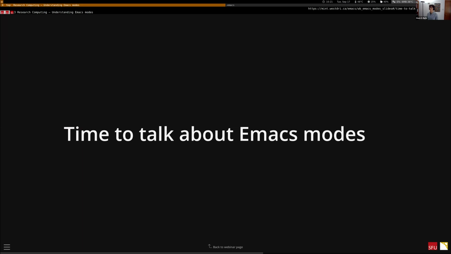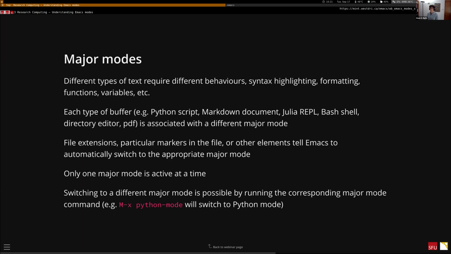Okay. So now with that, we can start talking about the topic of the day, which is Emacs modes. So there are two types of modes in Emacs. There are major modes and minor modes. So the major mode, you can think of it as really the main configuration for Emacs for any type of buffer. Because Emacs is so nice and fancy, it will behave differently if you open, for instance, a Python script or a Julia script or a Bash shell or the Julia REPL, the Julia shell, or if you want to edit